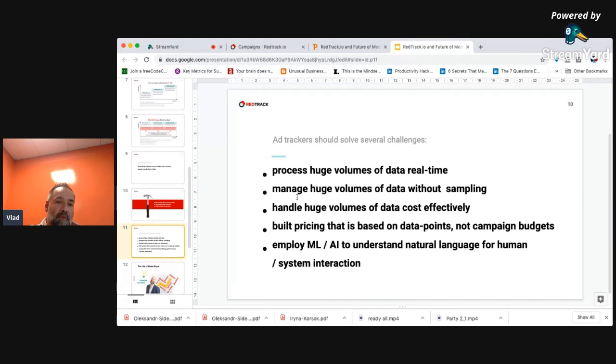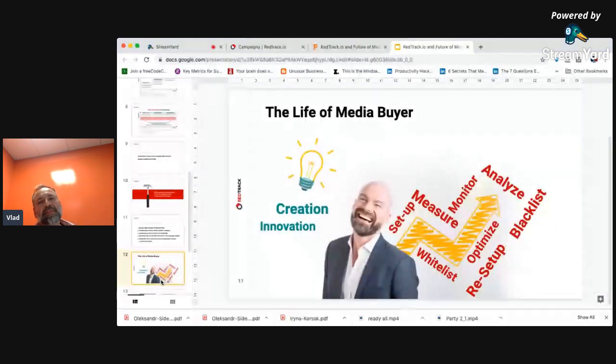Anyway, for us, that's how we see the life of a media buyer. Everybody wants to create angles, think of new offers, think of the best way to get better conversions, but 90% of the time goes into this. What you want to do is automate your daily operations as much as possible, leaving you total control over the level of this automation and the rules of this automation.